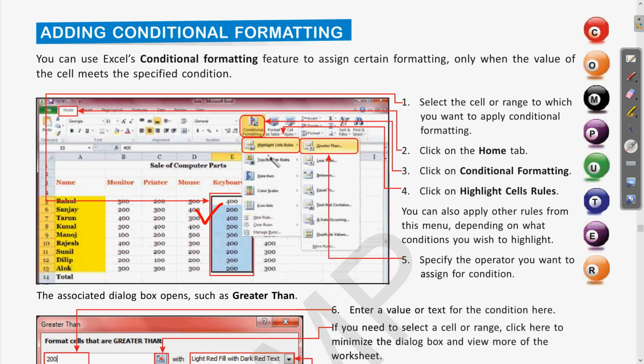In conditional formatting we actually have different other options to choose. Right now we are seeing the option Highlight Cell Rules, which means that if there is data which is more than some number, then the color changes.